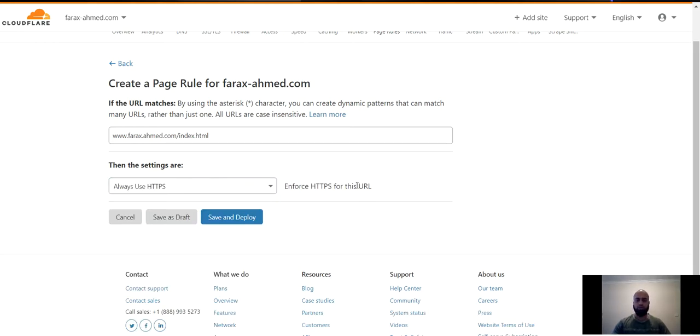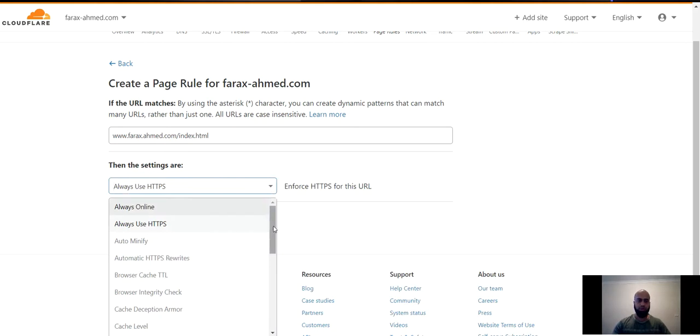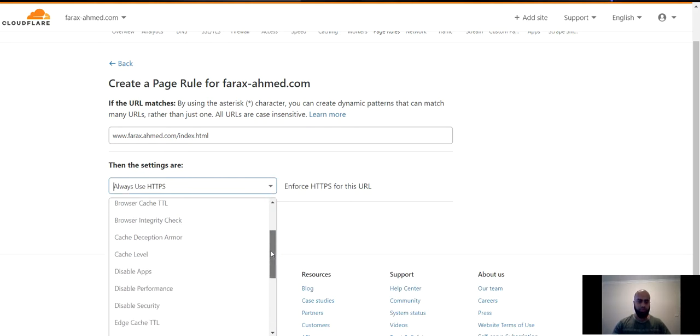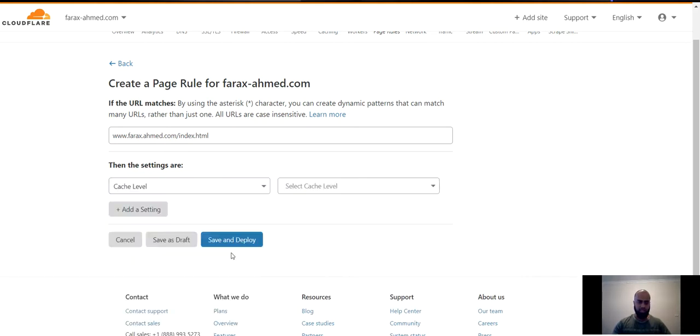Then it will always enforce HTTPS for this page rule. Let's say if I want to change the cache level, I can change the specific cache level for this particular URL. I can say, all right, no query string, right? And this will override anything that has been set up in my generic